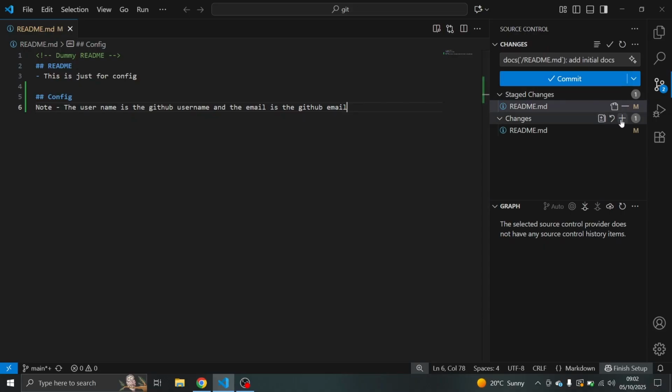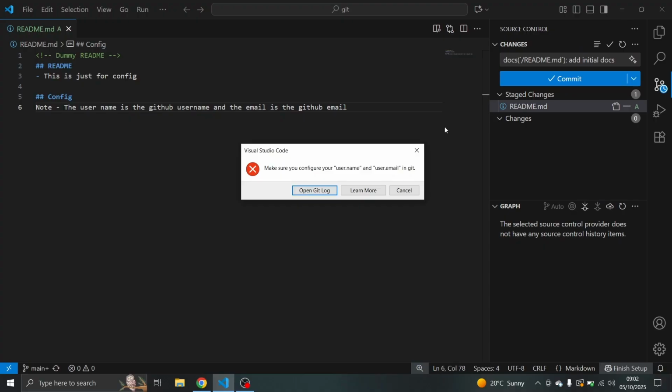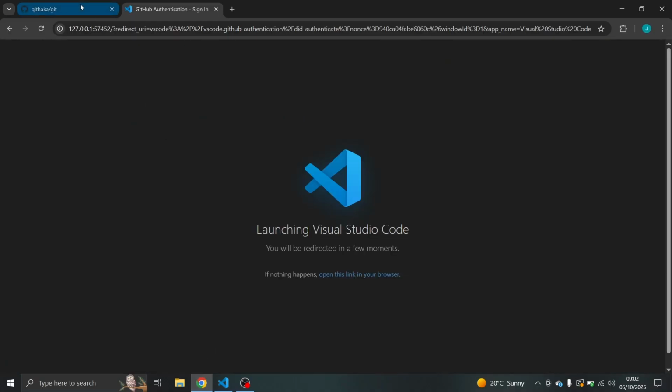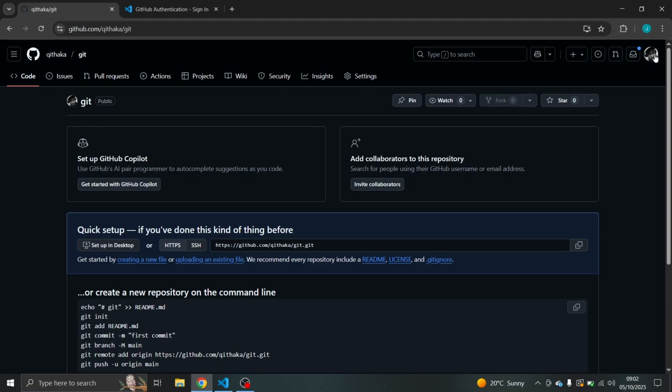Okay. Now, as you can see, I'm just staging some changes, telling it, this is what I've added, kindly stage it to be pushed to GitHub. But it's still bringing the same error. These are things that we need to configure: username and email. Tell Git that this is my GitHub username and this is my email. Kindly use these details and attach them to the commit messages, so that when we send something,